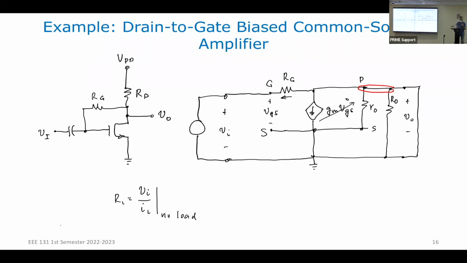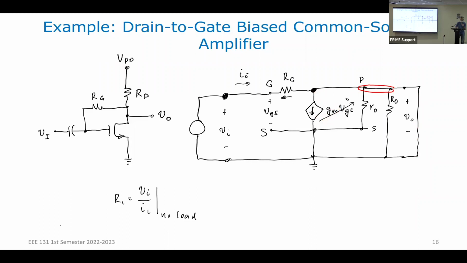Okay. What is this current? This current is I's of I. That current is this node voltage minus this node voltage divided by this resistor. But what is this node voltage? That is 0 because this is shorted. Okay. In other words,